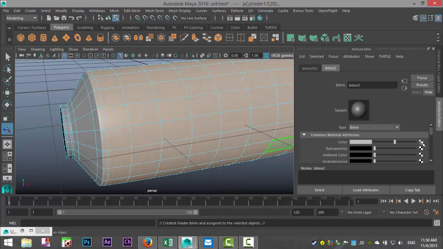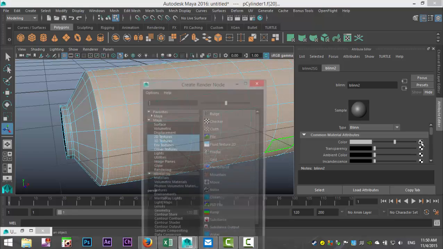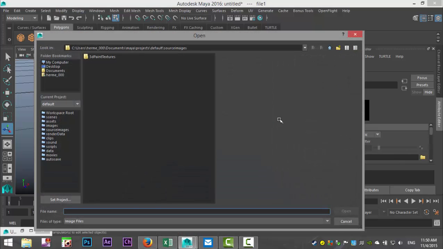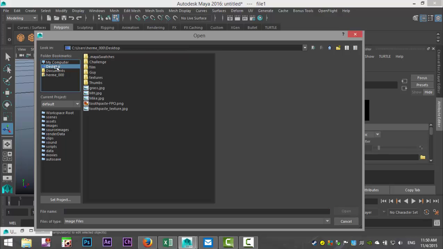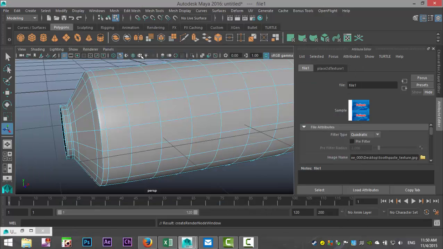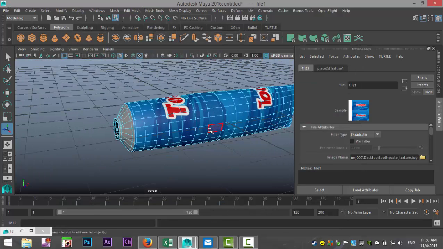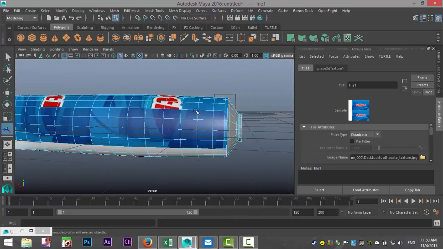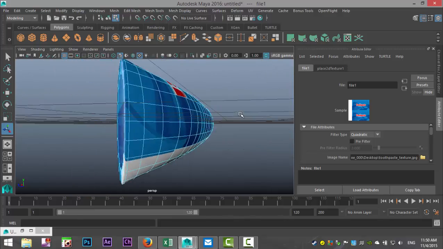We're going to go to our checkered box. We're going to go to File, Folder, Desktop, and we got this. Turn on checkered. Okay, that obviously needs some work.